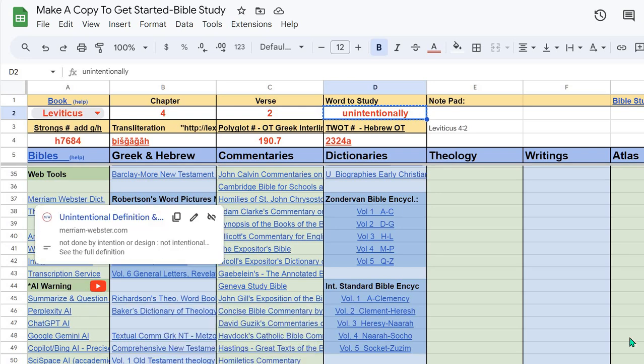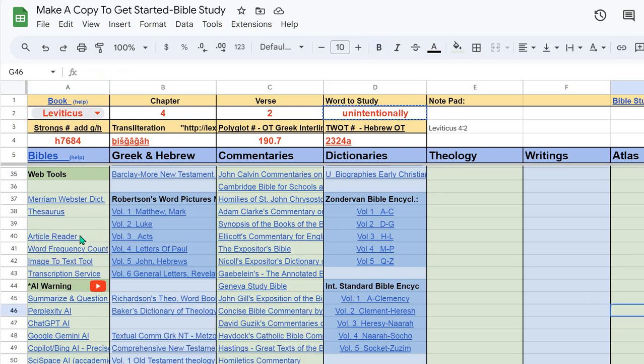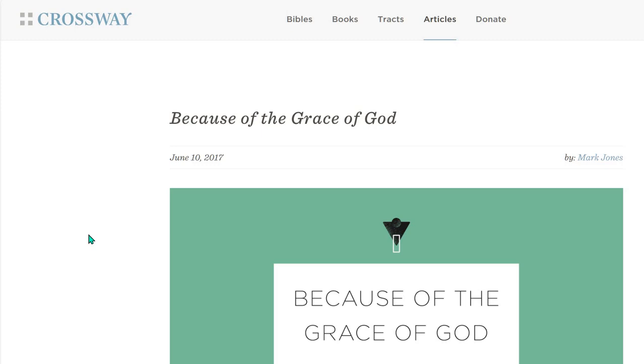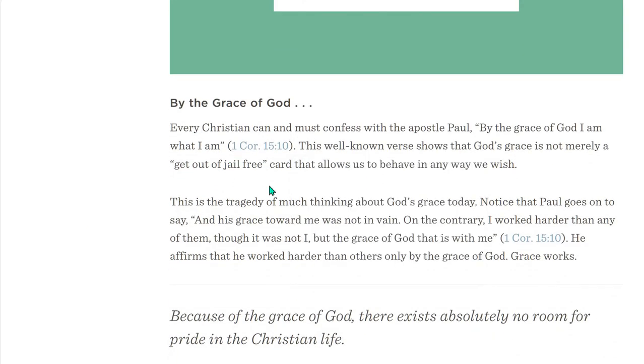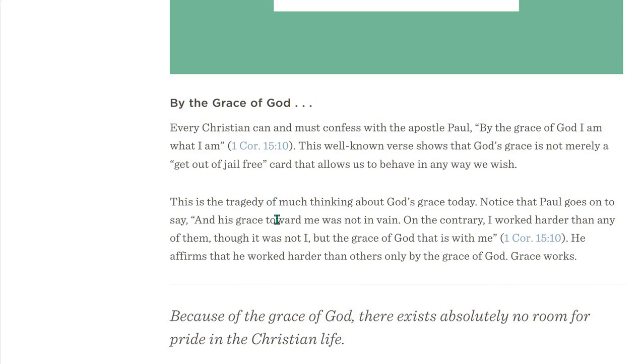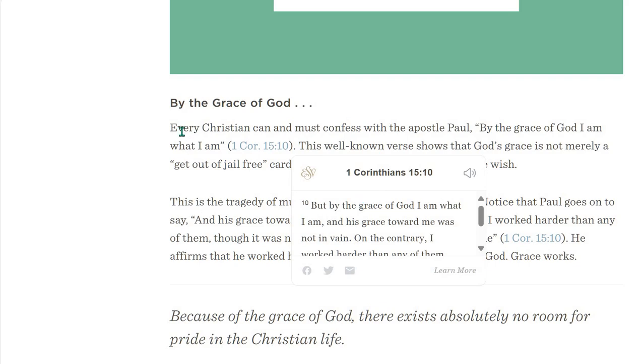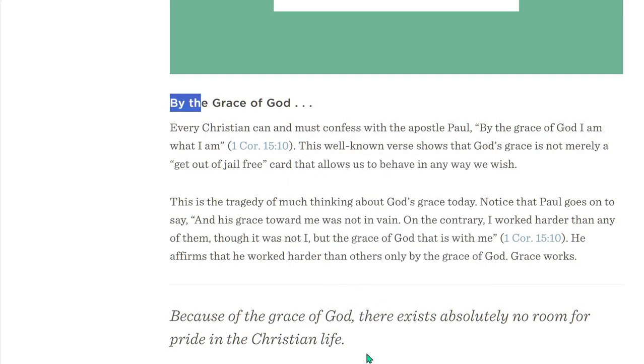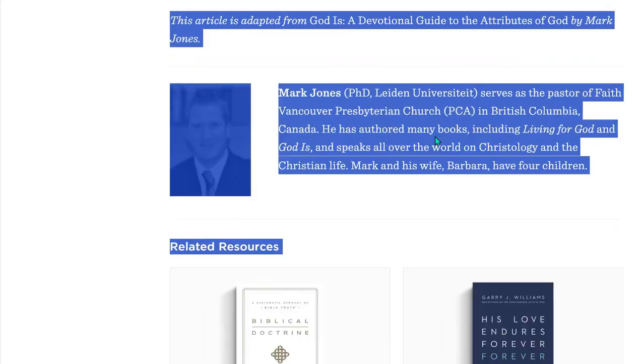And then we've got an article reader, something that I put together to make it a bit easier to read articles. For instance, let's say you've found an article, here's one on grace, and you want to read it, but the verses, the reference is there, but the actual verse text is not. Now in this one it actually has it, but so many don't. So what you can do is,